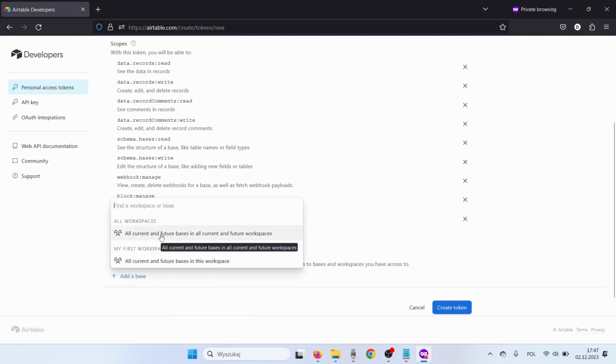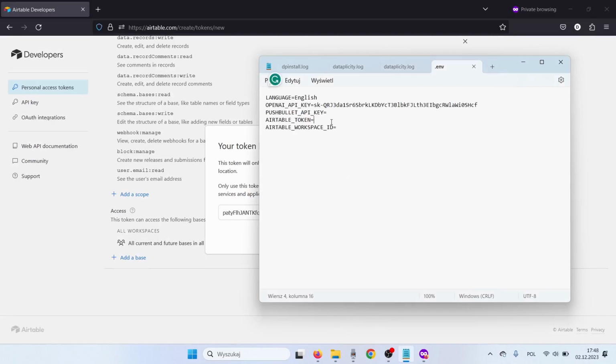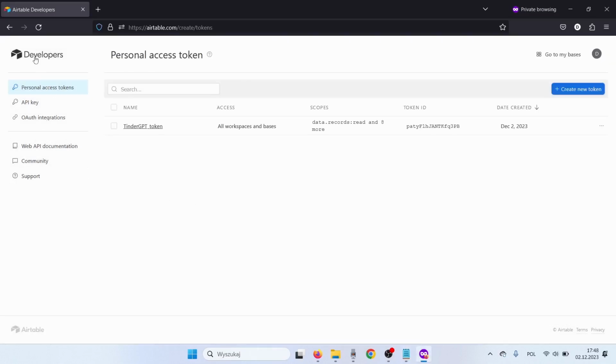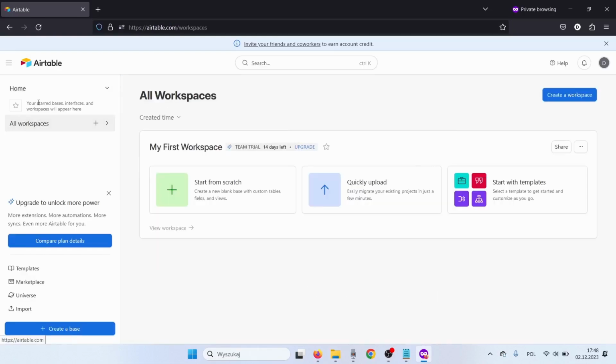Also, let's allow him to access all current and future bases. And let's copy our newly created token and paste it here after Airtable token. Cool. We have our token, and next let's go back to the main page, and here let's go to our first